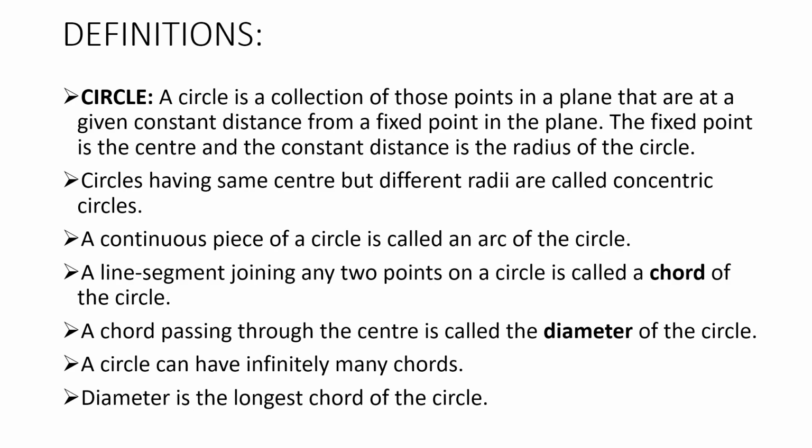Also, a continuous piece of a circle is called an arc of the circle. Next, a line segment joining any two points on a circle is called a chord of the circle. And if the chord passes through the center, it is called the diameter of the circle. So it is very clear that the diameter passes through the center, so the diameter will be the longest chord of the circle. Also, a circle can have infinitely many chords because you can have a chord between any 2 points on